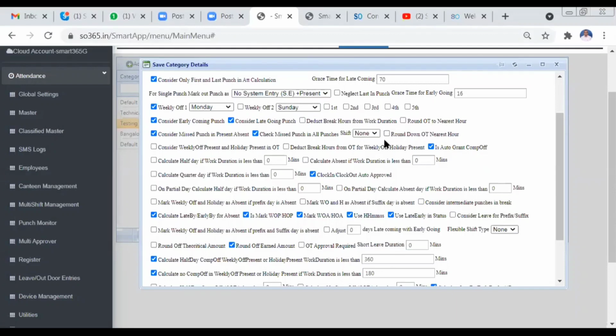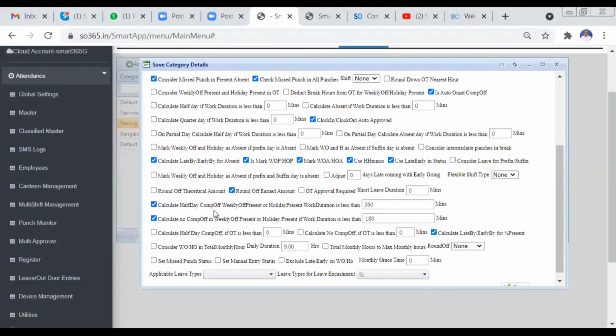And suppose you have an OT formula, like if any of your employees work on a holiday or on a week off, that has to be considered as OT, or it has to be continued as a comp off. We do have a comp off provision also that has to be set over here. Can you see here?